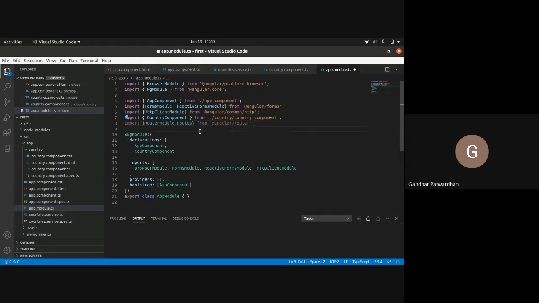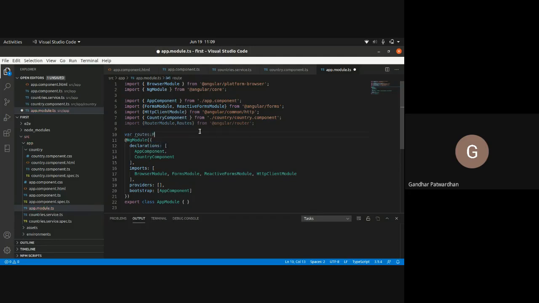And I'll create an object of routes, a blank array.